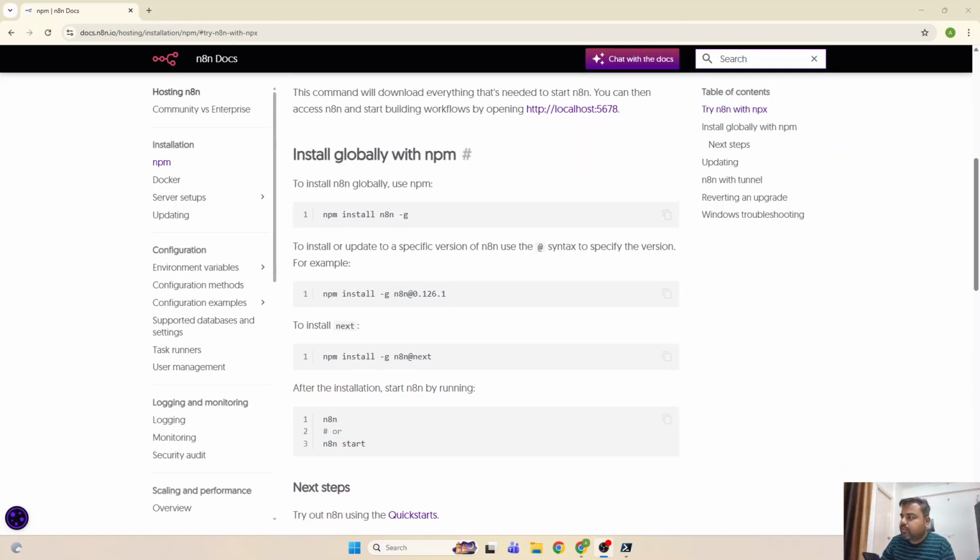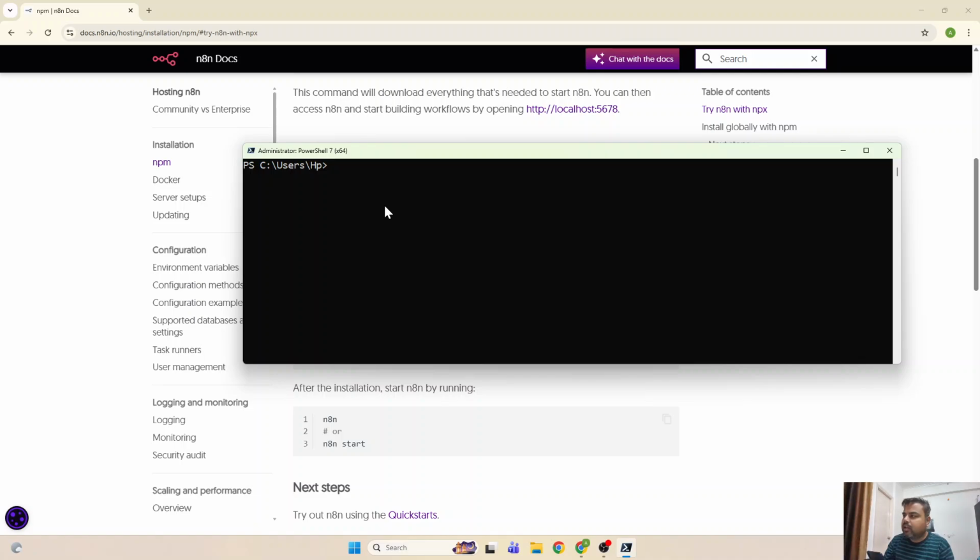We need to install it globally using this command. It is directly available on the official N8N documentation website. So we are going to run this command. Let's copy this command and open a terminal. If you are using Windows, just open PowerShell and run this command in administrator mode, so that if any installation needs to be done, it is done directly on your laptop. So once we press enter,